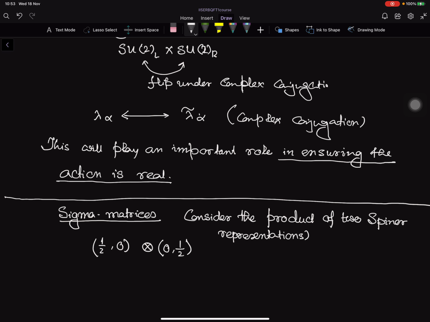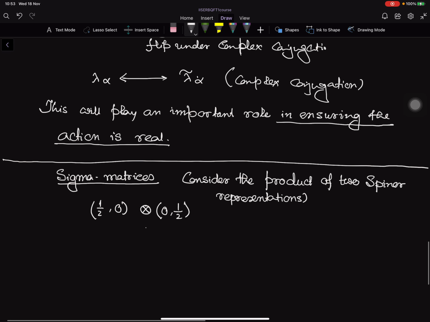Okay, then from the addition of angular momentum rule for the individual SU(2)s, this will be the same as (1/2, 1/2). Okay, this physically means